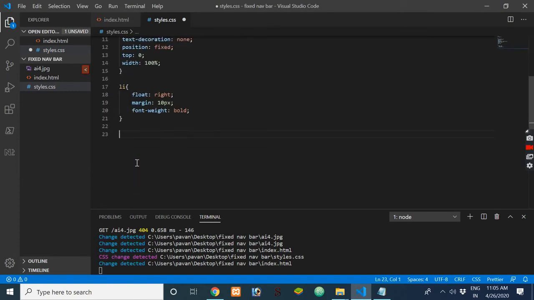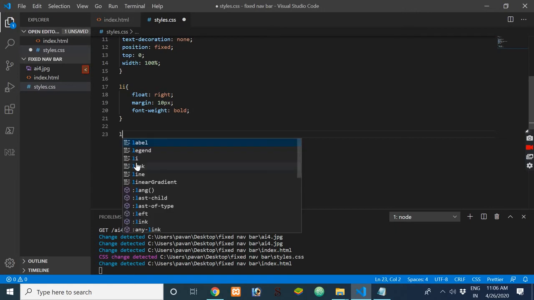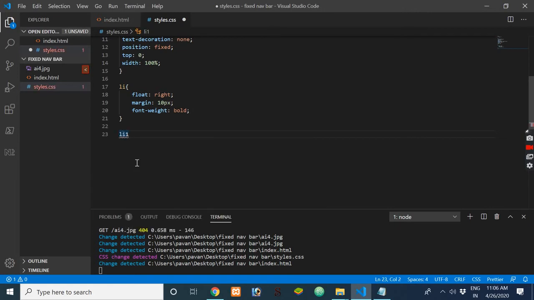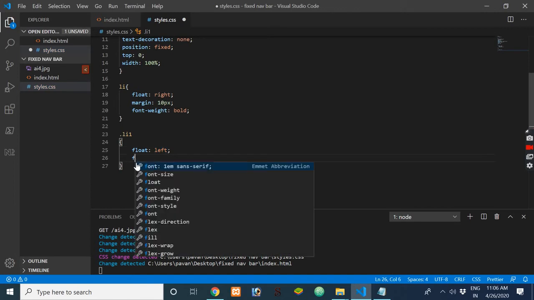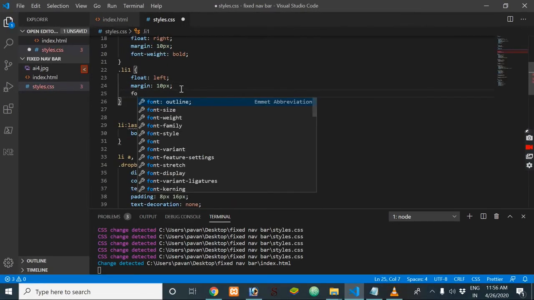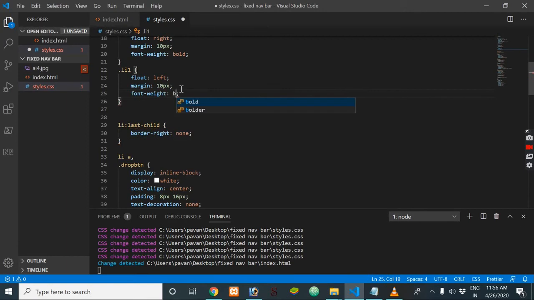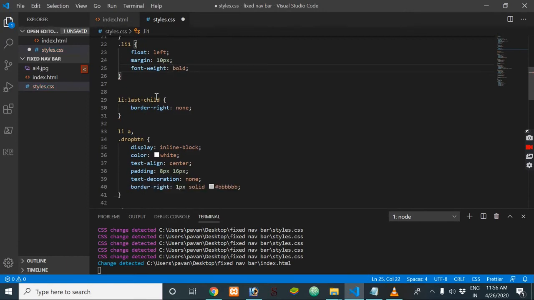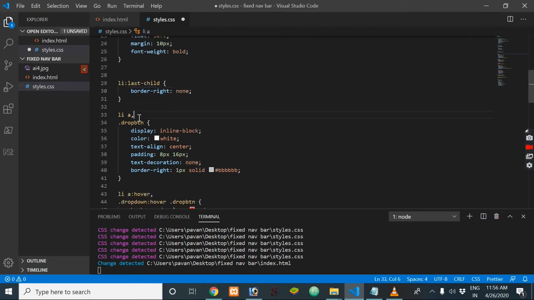Now I had taken one more class called li1 for left-sided content. For that, float is equal to left, font weight bold, and now add font weight is equal to bold. Okay, next I have taken li last child, border is equal to none, and for drop